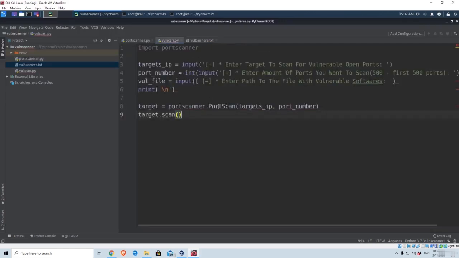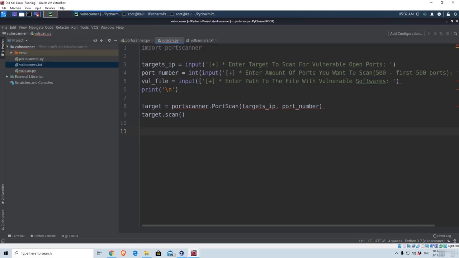Okay, so first of all, what we need to do in order to compare the banners with the banners from the file, we need to open that file first. So how can we do that? Well, in Python we do it with this statement. So with open, and then open and close brackets, and first parameter to this open function would be the file name, which is stored inside of this vol_file variable. So with open vol_file,